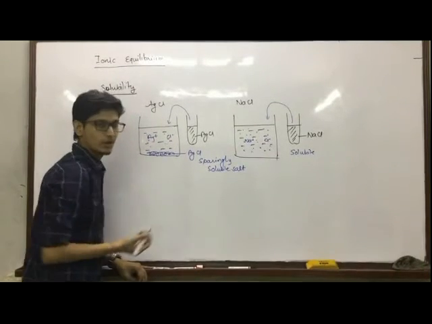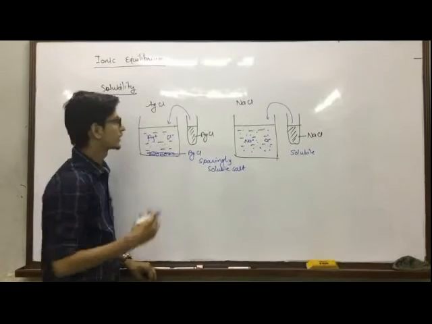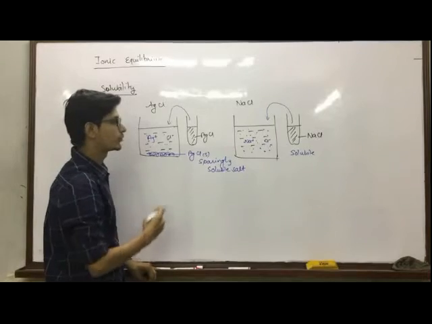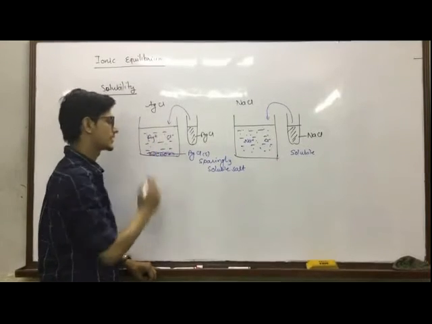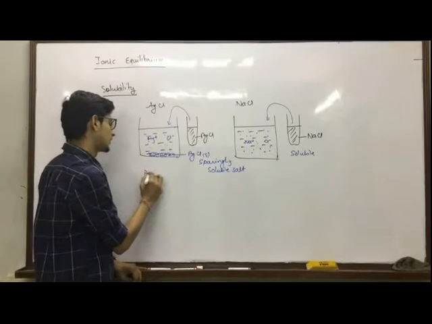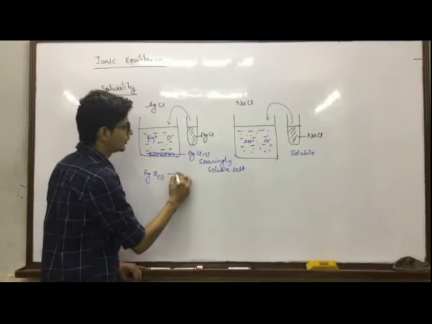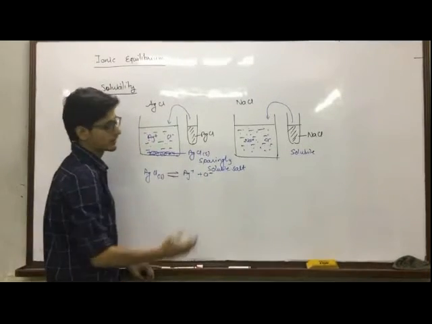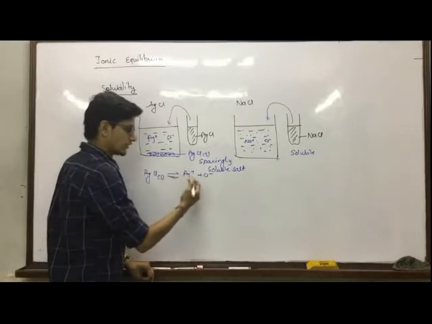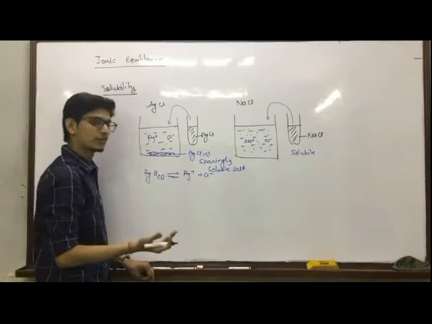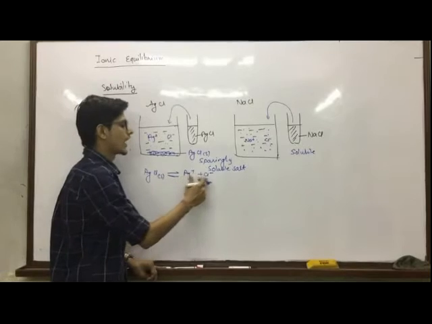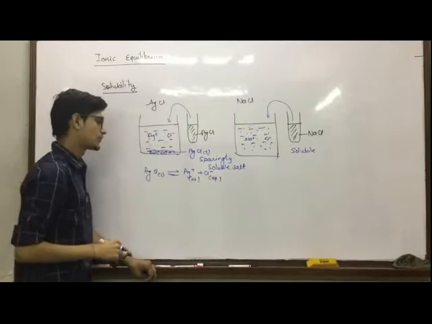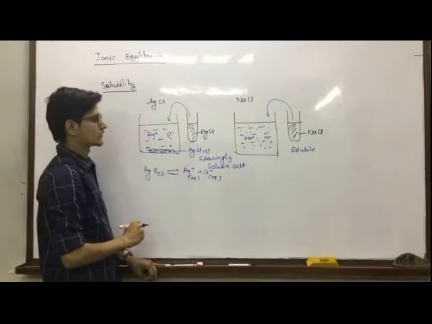So what are we going to see? Here also we expect an equilibrium to exist between the AgCl, which is the undissociated solid portion, and the ionic part, that is Ag plus and Cl negative. It forms a basic equilibrium between AgCl solid and Ag plus ion and Cl negative ion. These ions are in aqueous form. Generally we write aq, but sometimes we do not write it. It is already known that those ions will be in aqueous concentration only. So we can write aq or not. Now this basic equilibrium is going to exist between these.